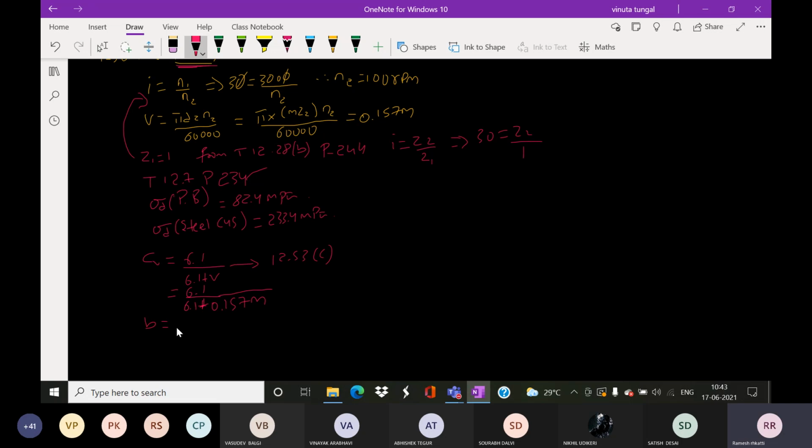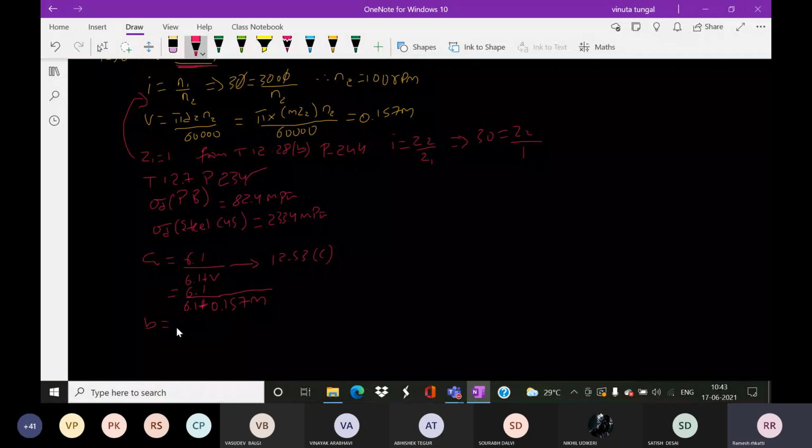From this face width, these are the proportions of the worm gear. You have to refer: face width is equal to 2.38 PC plus 6.35 mm. You can use that, where PC is nothing but pi into m. That is nothing but the axial pitch. Sometimes it is noted as px or pc. It is nothing but axial pitch, pi into m.